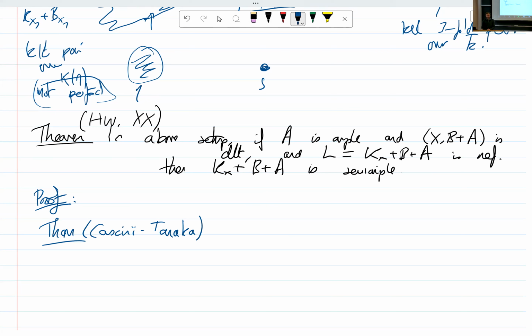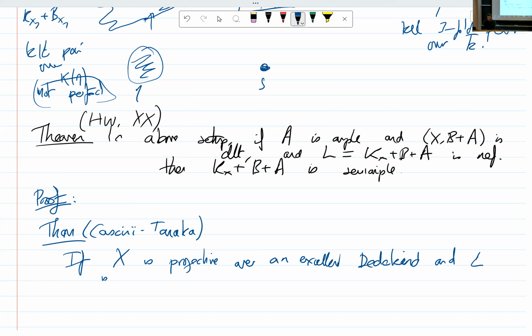Okay, so the theorem of Kashiwara-Tanaka says, well, if X is projective over an excellent Dedekind domain, and more generally, but this is the one we care about, and it removes some other assumptions. So X projective over an excellent Dedekind domain, and